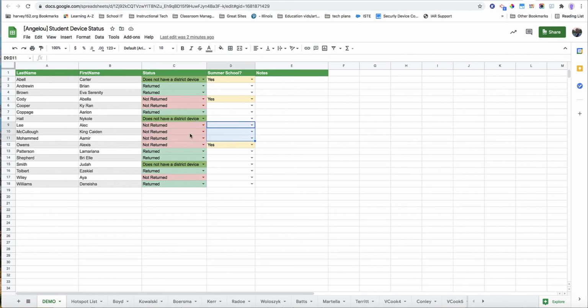So the important bit for you is to make sure that you have this done by Friday, completely up to date with everybody that has returned their device or didn't have a district device or did not return it, so that the administration knows who to follow up with in those following weeks, right? If there's anything that you notice on Chromebooks that are returned, perhaps it's a cracked screen, perhaps they didn't return part of the charger or things like that, you can indicate that in the notes here in column E, all